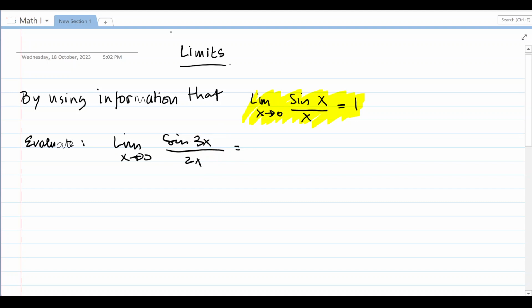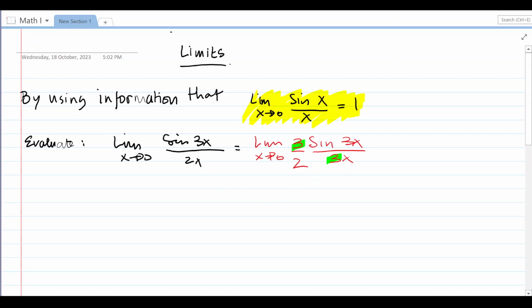In order for the problem to be solved, we can manipulate the problem to become, let's say, equal to the limit of sin 3x over 3x, that we know equals 1 as x approaching 0, but this time we want to add 3 over 2 like this, because we know that the 3 is going to get cancelled with that one, so overall it is still the same as the original problem given here.